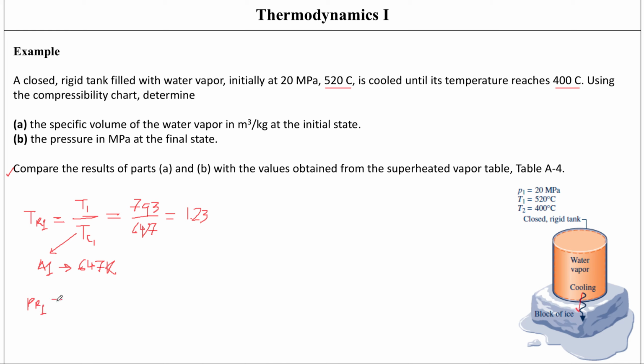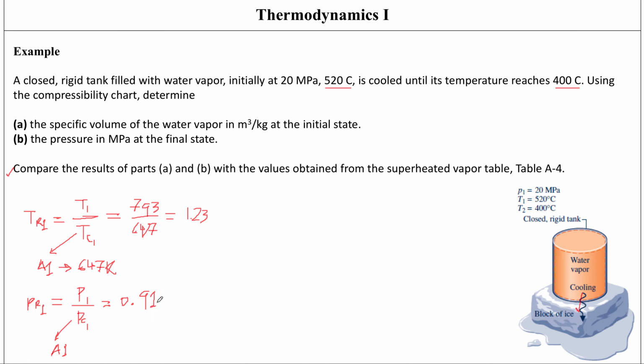And now the same way, I'm going to find out the value for PR1, which is the reduced pressure at state 1, and that is going to be equal to the pressure that is given to me, which is 20 megapascals, divided by the critical pressure at this initial state, which is state 1. So again, I'm going to go to table A1 and look at the table, and I'm going to find out the value, and it's going to be equal to 22.09. I'm just going to divide 20 megapascals by 22.09, and it's going to give me the value for PR1, which is going to be